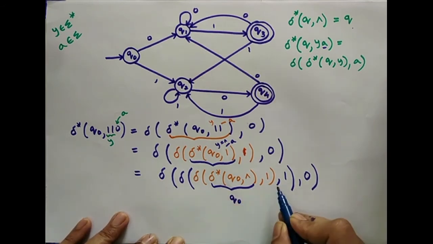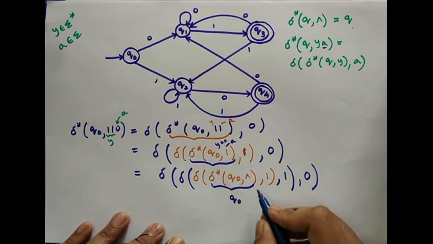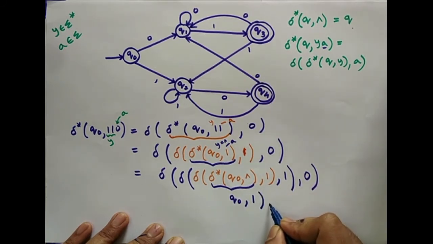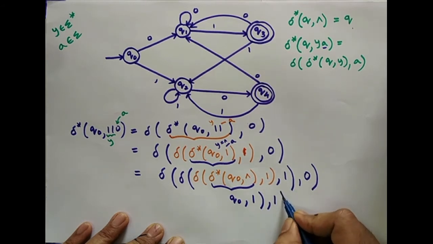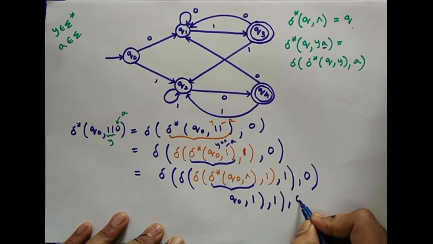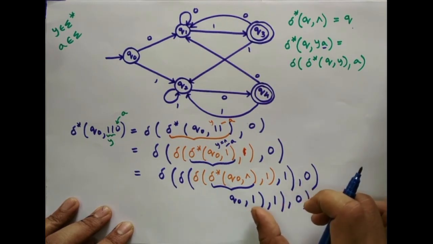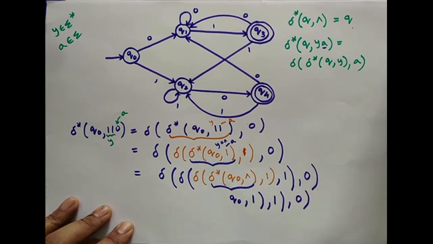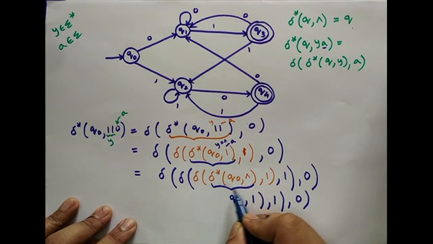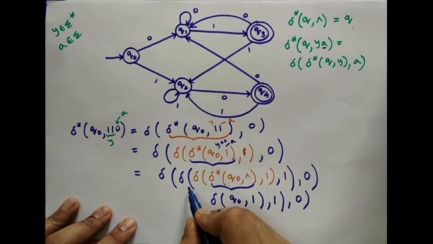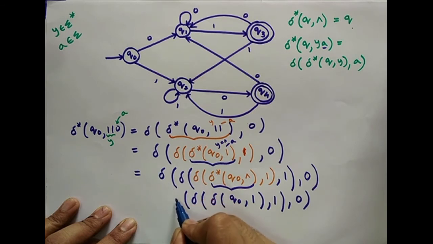And then whatever is there besides it, I am just going to copy as it is. So you have comma, you have 1 here, closing bracket, this comma, 1, bracket, comma 0. You have to be very careful while copying the brackets and the numbers, because if there is a mismatch you will not get the answer. You have to be very careful. Then this part is q0, then opening bracket is there, then this delta I will write, this closing bracket, this delta I will write, this closing bracket, and finally this delta is there.